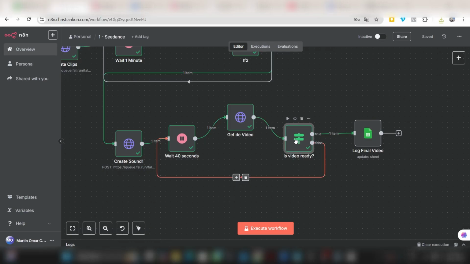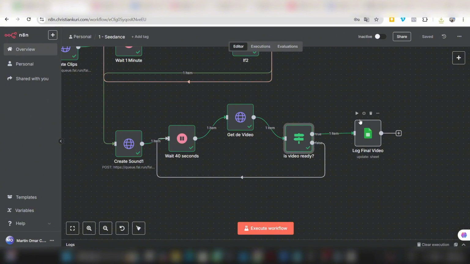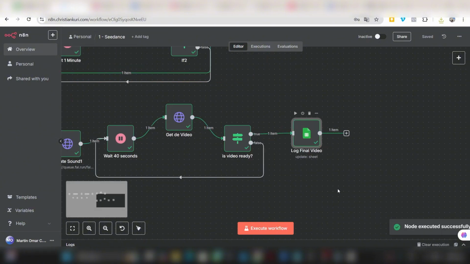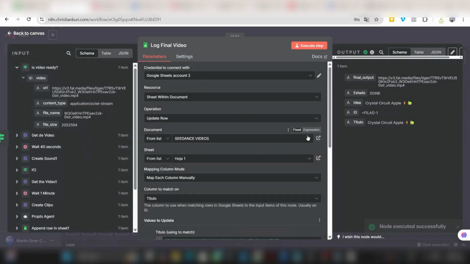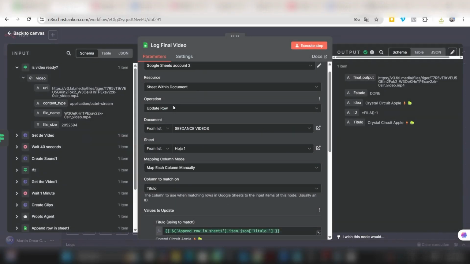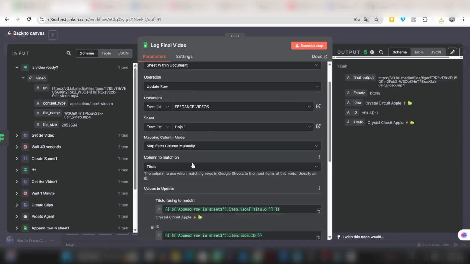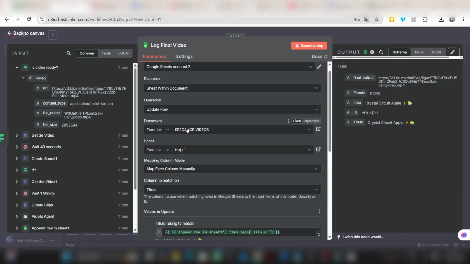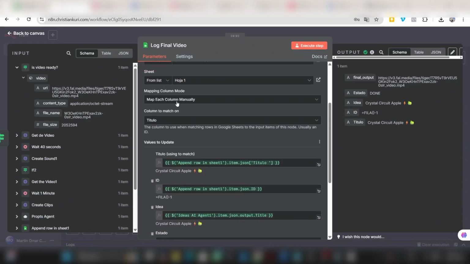Let's wrap it up. So we got the final video URL, and now we need to update our Google Sheets with that new information. Let's run the step. It's done. Let's check the configuration. Select your credentials. Choose the document you're working on. Select the sheet. Then